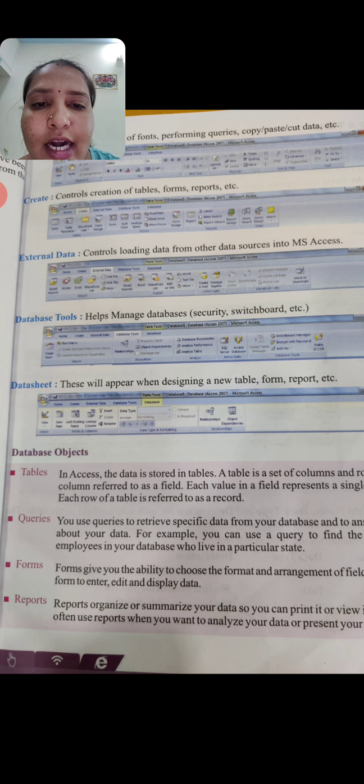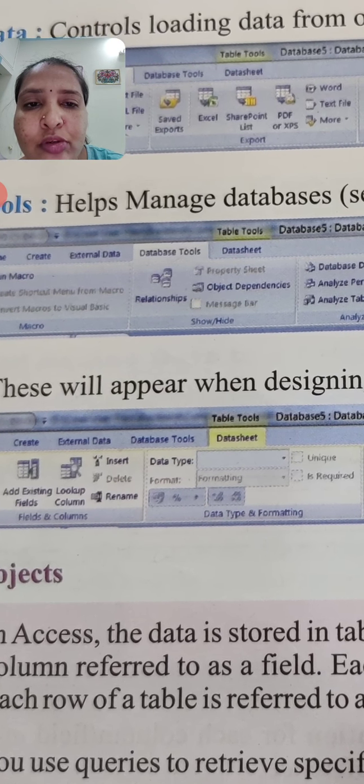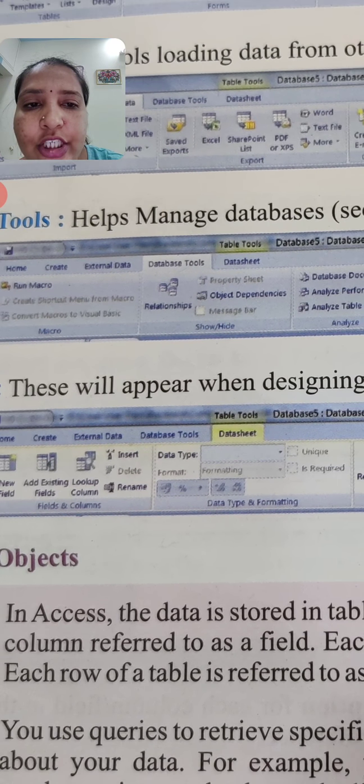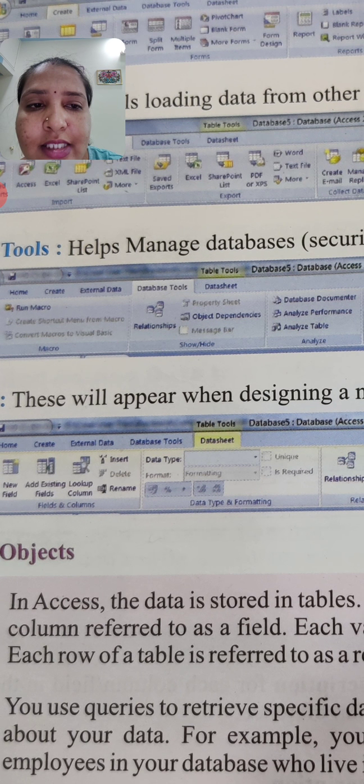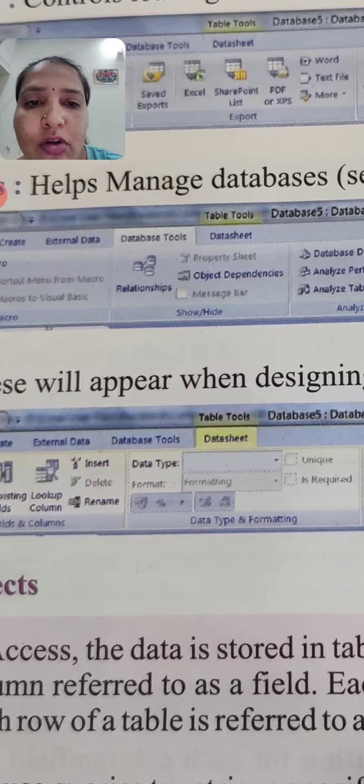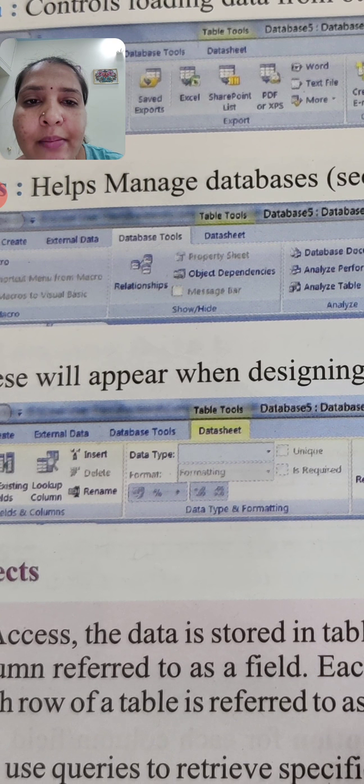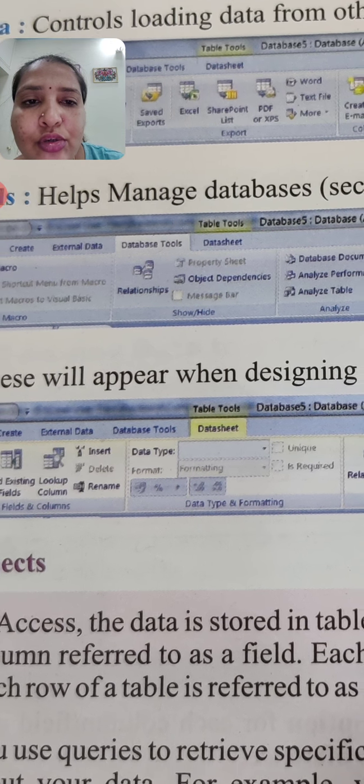Next one is the database tools. This tool helps to manage the database. Once we click on the database tools, all the icons will look like this as shown in the textbook: relationship, object dependencies, database document, analyze performance, analyze tables. These are all the options that come under the database tools.